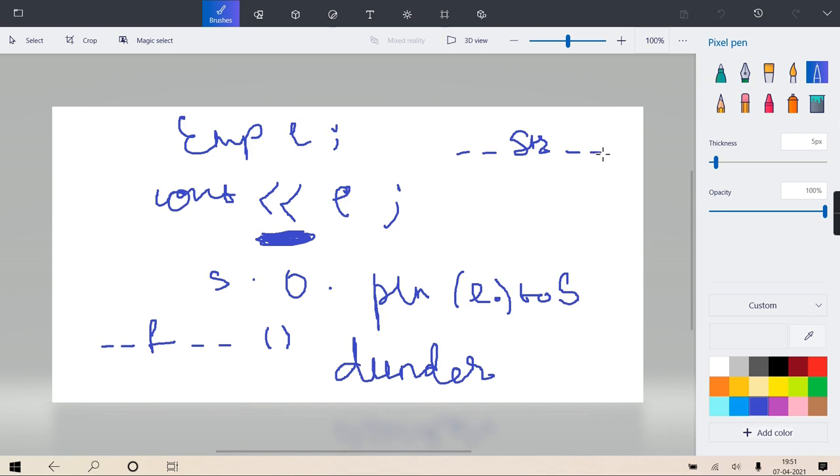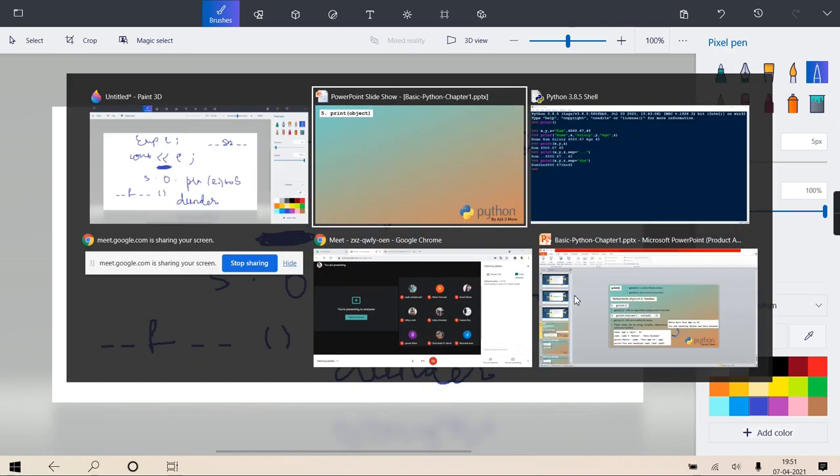Or you can make an analogy. Those who are from Java background, you should remember in Java there is toString, so in Python it is double underscore str double underscore. That simple rule it is. So in Python this double underscore str double underscore is same as toString of Java. Getting? So that is the rule.